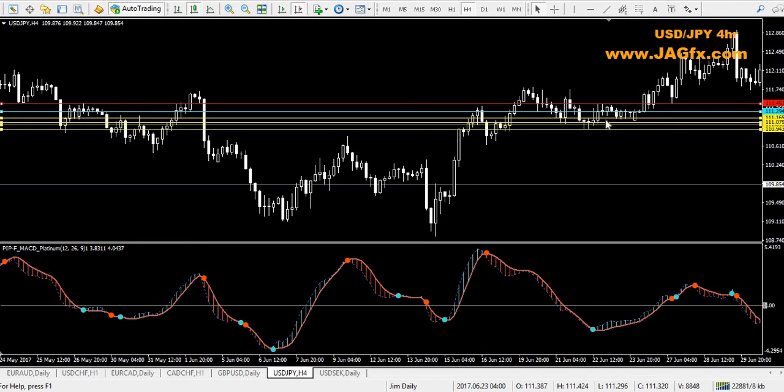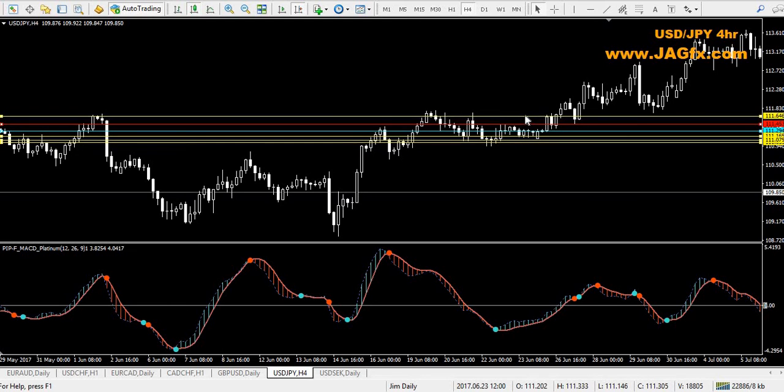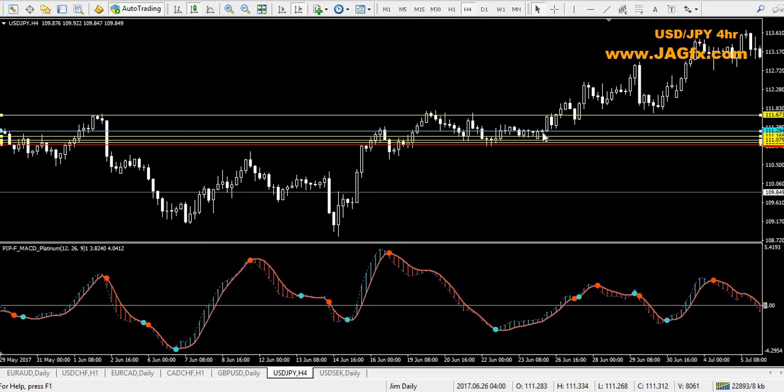I want to reduce my risk as soon as possible. I'm assuming price is going to go up, and as I said, we can see on this one, it does roll down. If you wanted to get out at break even, that's up to you, but we'll continue on. So we took a small loss there. We're now back in buy mode,